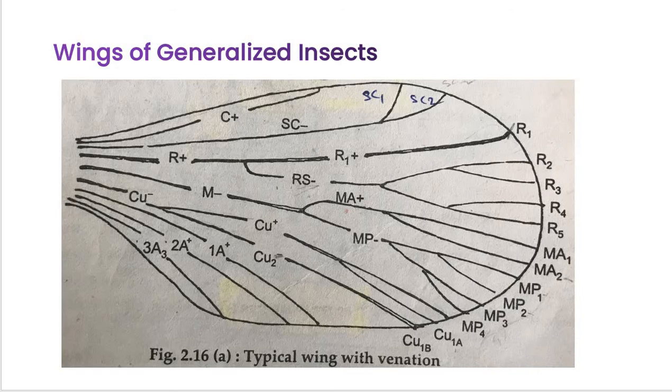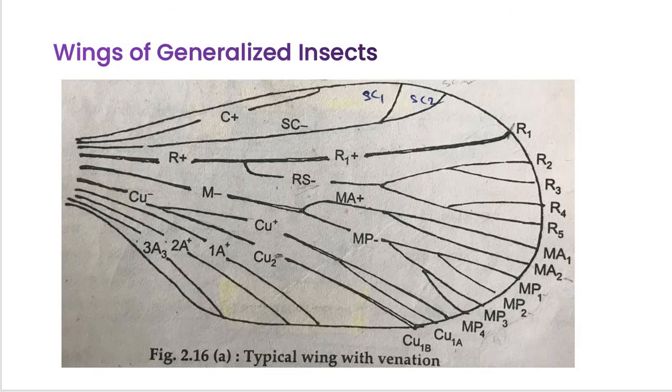In the post embryonic condition, the wings develop as external wing pads on either side of the meso- and metathorax in exopterygotes, and internally in the case of endopterygotes. Exopterygotes means true wings are present and useful for flying. In the case of endopterygotes, only the wing buds develop first, and later the wings form.